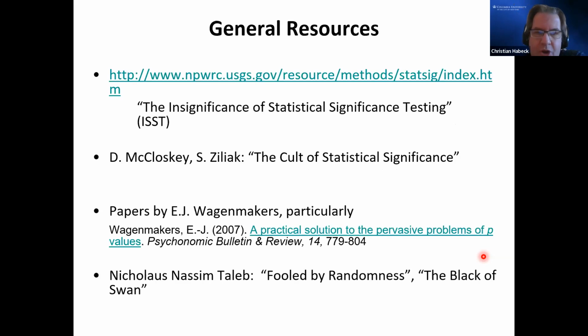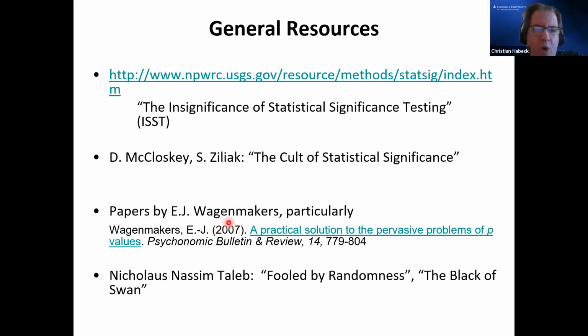First of all, there are some good sources, and this is also fun to read about in other contexts. These are all sources I thought were at least enjoyable and good fun to read. There's a really nice wildlife ecology website, now quite old, called The Insignificance of Statistical Significance Testing, a little bit tongue-in-cheek in the title. Then there's a two-economists account, The Cult of Statistical Significance. These criticize frequentist inferential frameworks in general.